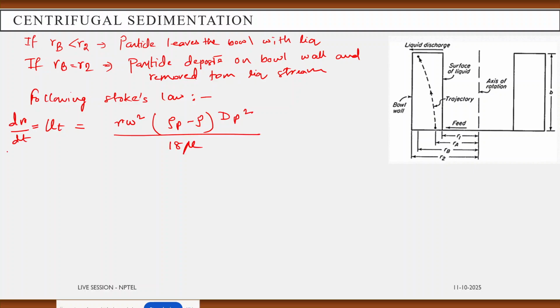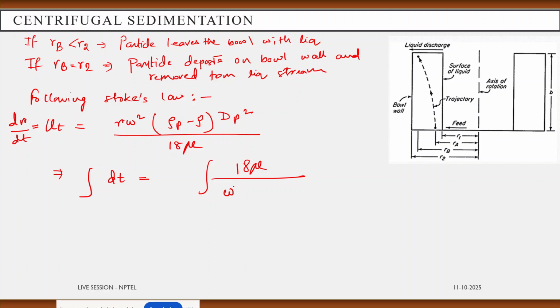So when we do the integration, the integration of dt equals the integration of 18 mu by omega square (rho p minus rho) dp square, dr by r,